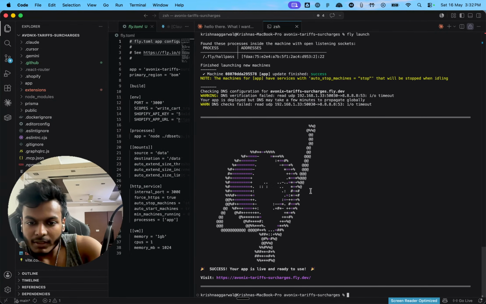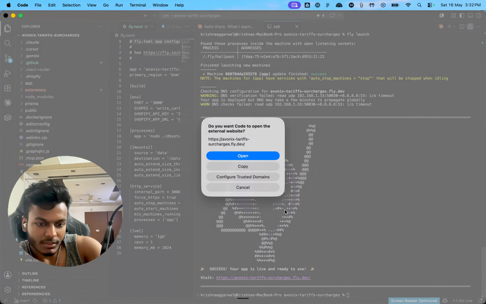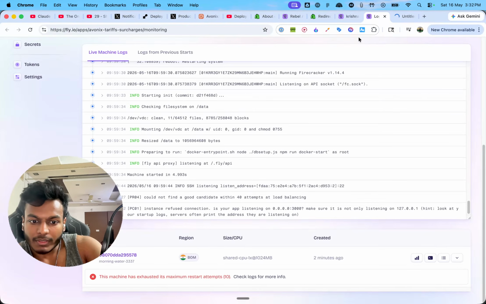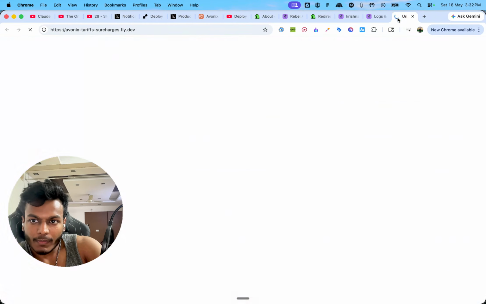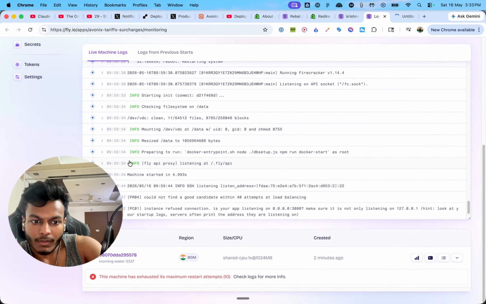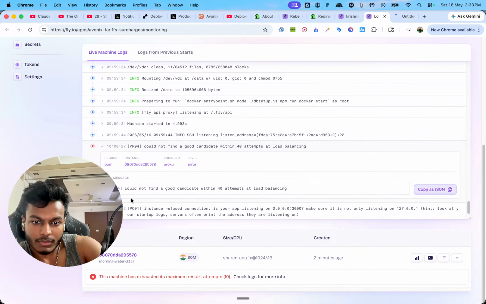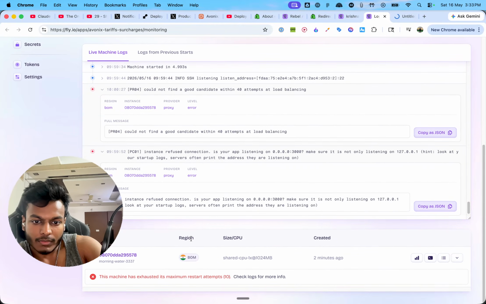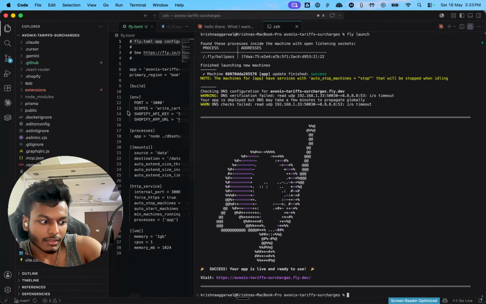Maybe start giving here notes. You can have, instead of using this, make sure it's listening on 0.0.0.0. Make sure it's not only listening on localhost. Okay, I got it. I need to change the